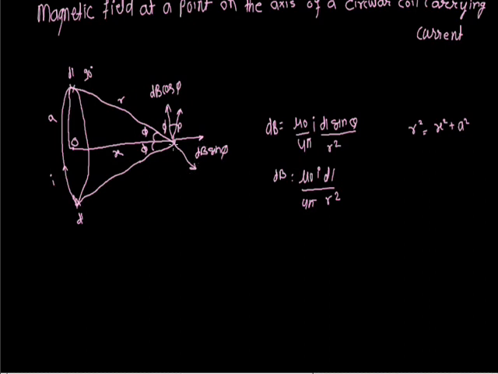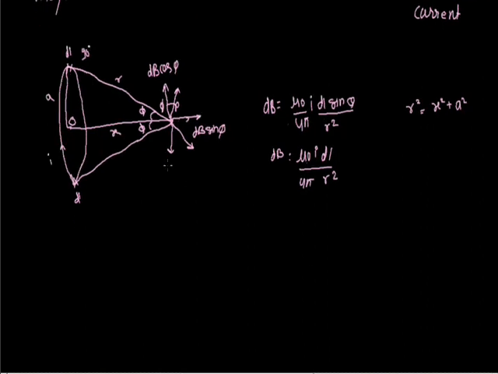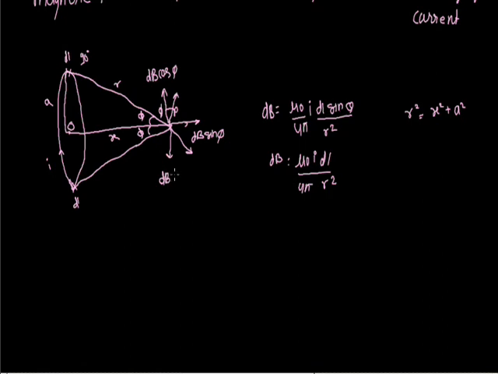These also have two components, this component and this component, dB cos phi and dB sin phi. The dB cos phi components are equal and opposite, so they cancel out, and only the dB sin phi component remains. So we can say net dB equals mu naught I upon 4 pi,